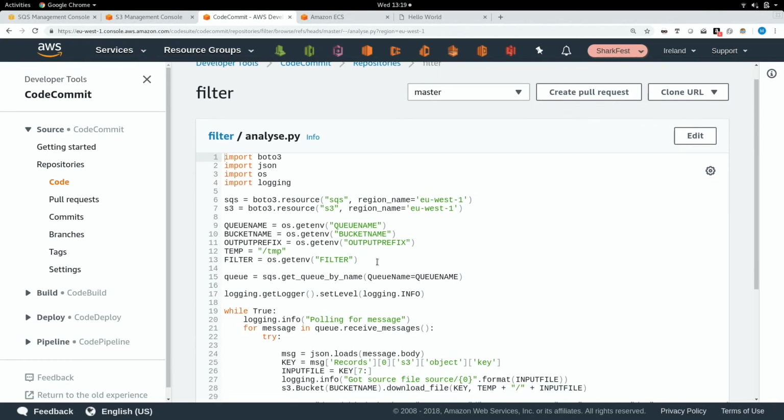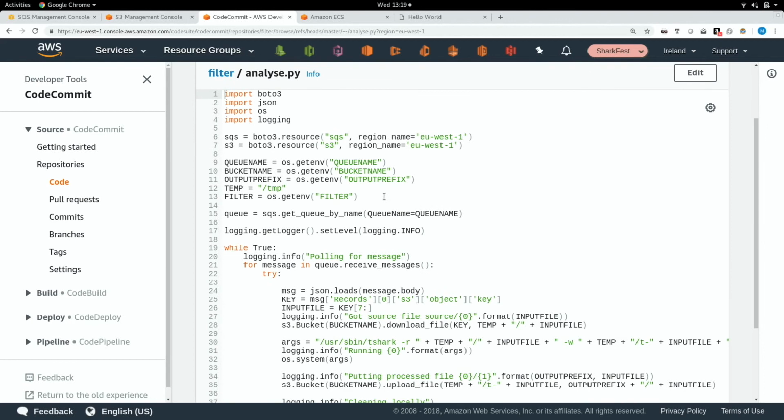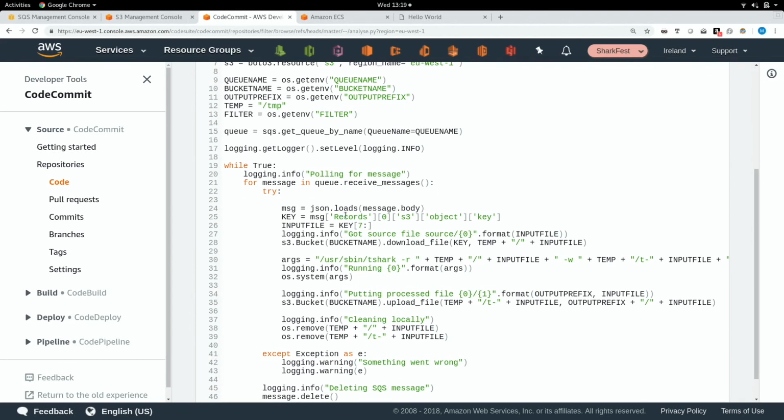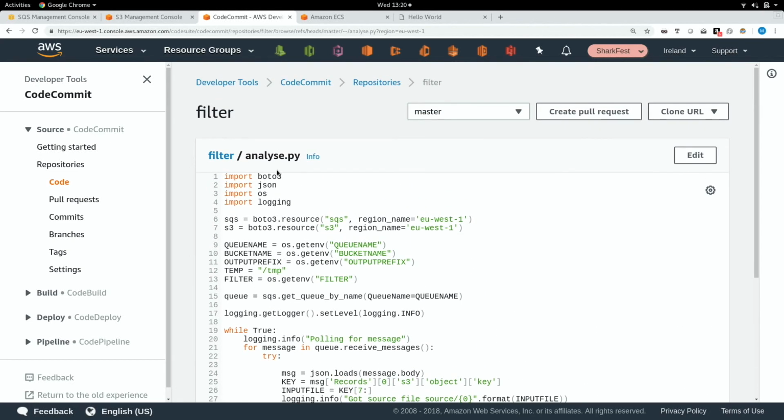then please do. But essentially what that does is that it takes in a bunch of parameters that we're going to give it in a minute through our ECS task definition, around the bucket names, the queue names and stuff like that. And there are basically 3 very simple stages in here. It's going to get the file from S3, which is what it's doing here by downloading the file, rather unsurprisingly. We're going to run T-Shark against it to do something, and then we're going to upload the output file into S3, but put it into a different area of our S3 bucket, and then we're going to delete it and all that kind of stuff. So that's our very simple Python file that's going to be doing it.